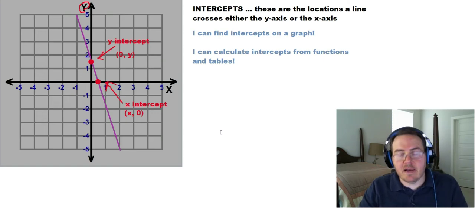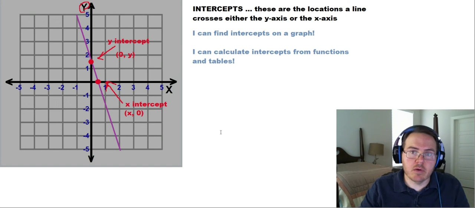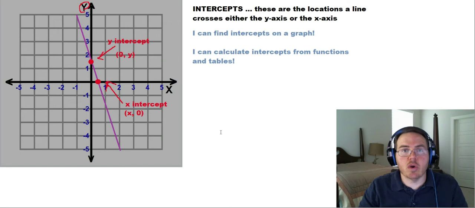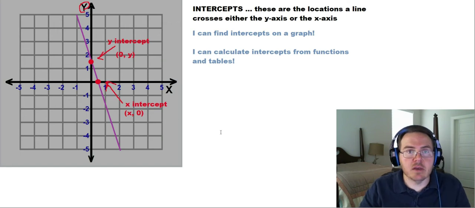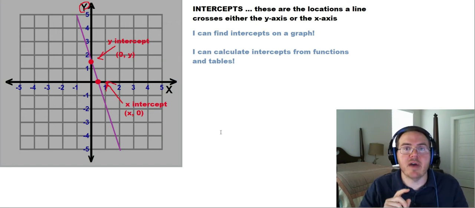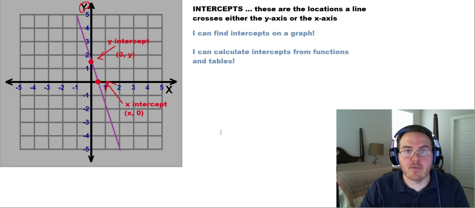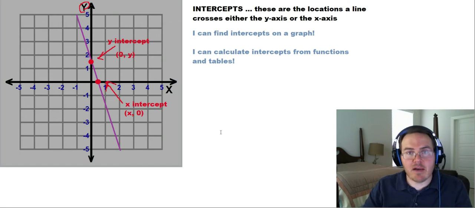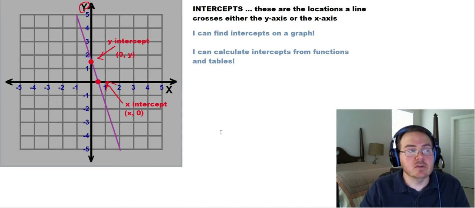Now, you can calculate these with some math we're going to do later, or you can just look at a graph and kind of pick them out. So I'm going to do a few problems now that you are expected to do in your lessons, and those are the two skills. You need to be able to find the intercepts based on the way a graph looks. You also need to be able to calculate your intercepts by doing some inverse operations and some substitution. But we'll get to that in a minute. Okay? So that's what we're doing. We are calculating intercepts today.